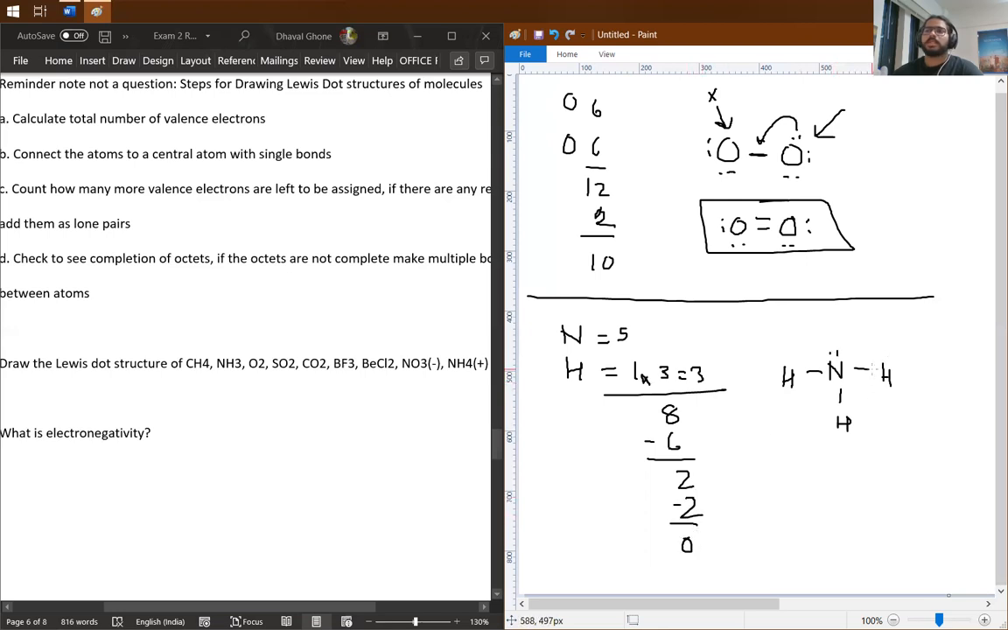And so what's left is check for octets. We said hydrogen was satisfied. This nitrogen has 3 bonds, 1 lone pair, that's 8 electrons, so it's satisfied. No need for multiple bonds. This is the final structure. Okay, and we already did CH4, so we have drawn all these molecules in this video. Awesome. Okay, moving on to the next